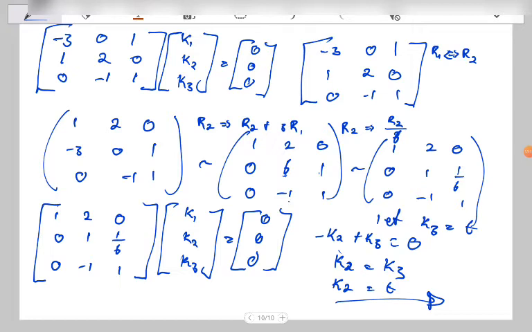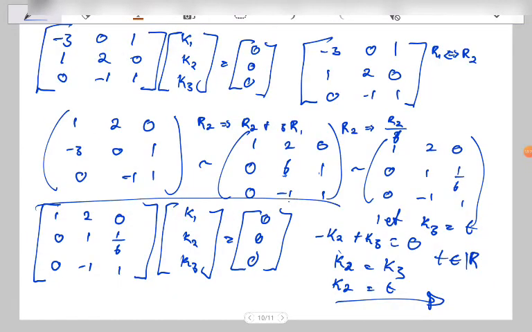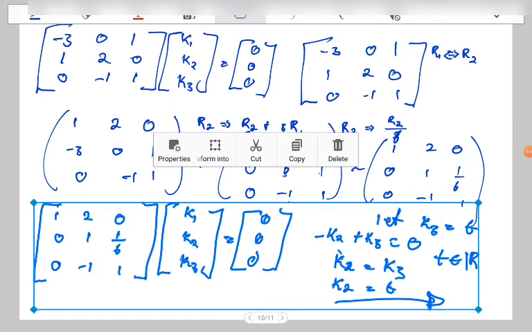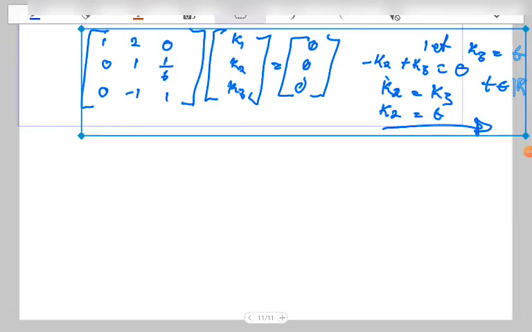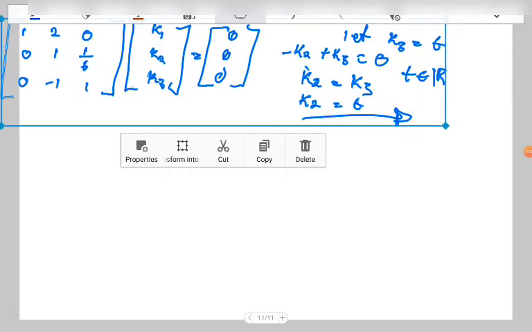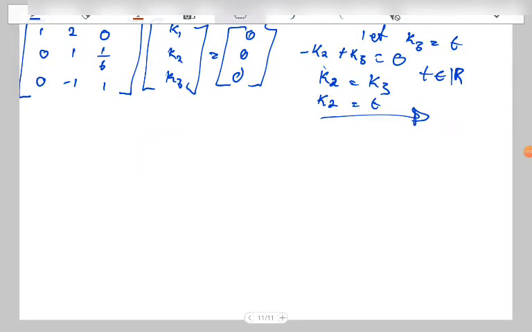Okay, so let me copy it. Paste it here. Okay, so we can solve for k1 from this one. So from this one here, when you take this, you multiply by this, we're going to have k1 plus 2 k2 plus